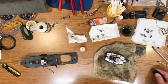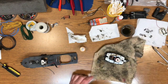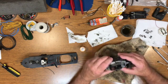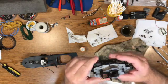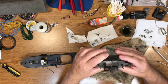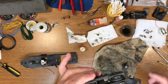Okay, well, I cleaned out the truck pretty well, and I got the armature dressed out. I did it on my wire wheel, cleaned it up pretty good, and it's ready to go in. So what I'm going to do is take a look up in there. It looks like the ball bearing at the bottom of the armature is intact. I see something shining when I look in there, so it looks like it's in there. It's hard to get out if they're in there, but sometimes some people dig them out. But anyway,